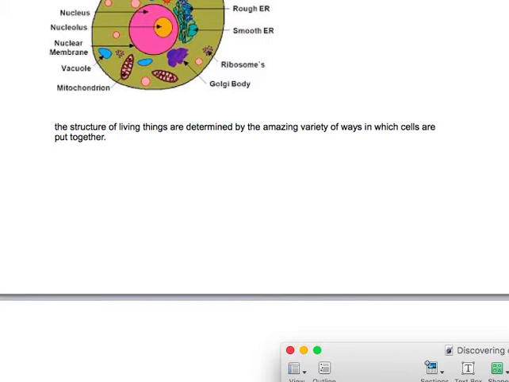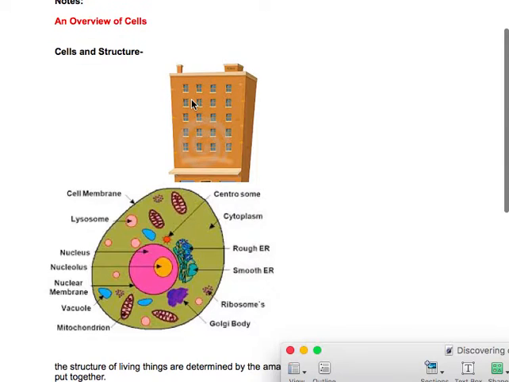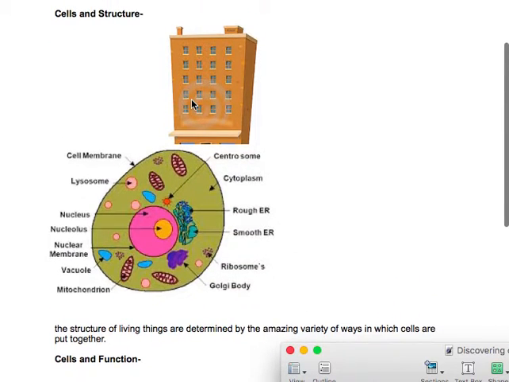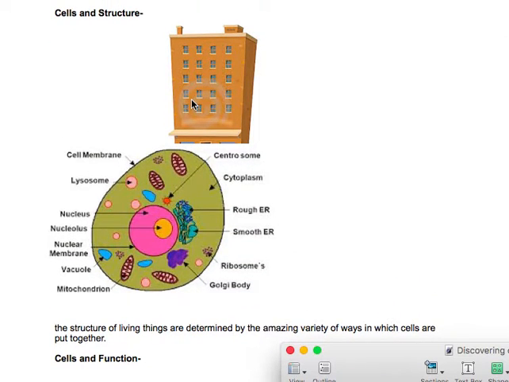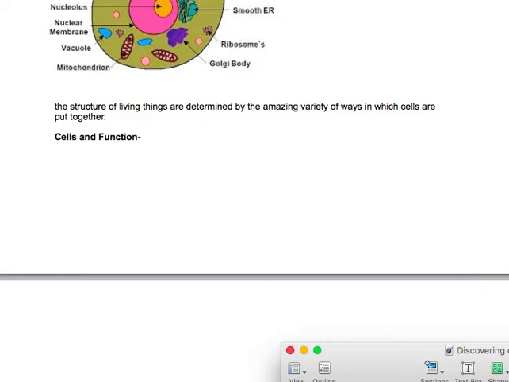Next, we're going to talk about cells and function. So if cells are the basic structure and function of living things, they're the basic makeup of what living things look like, their physical being, but also their function. So what do living things do? And here I have a picture of